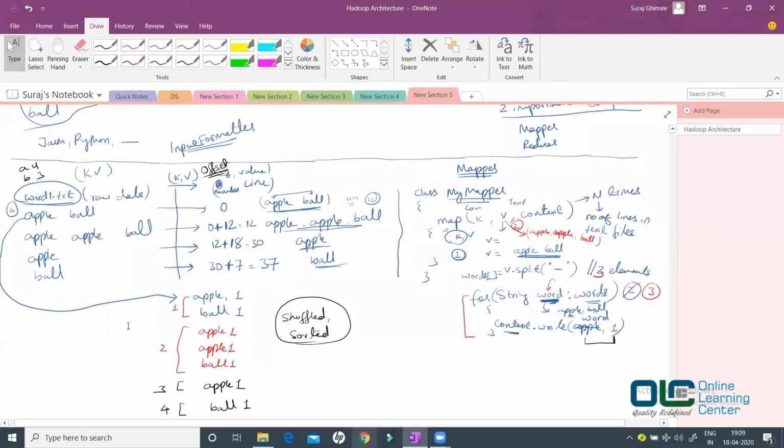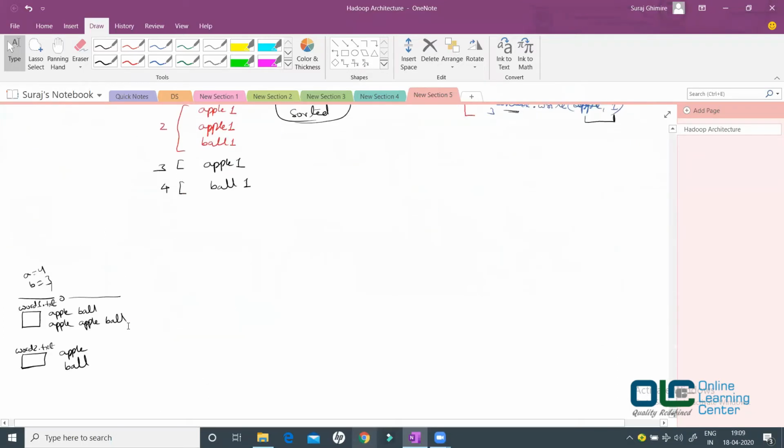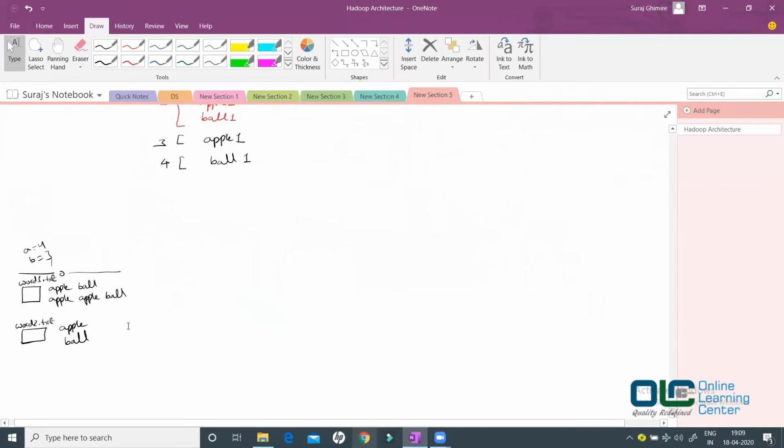Okay, now let us try to understand how this data will be processed if I have the data divided into two files. Since this data is divided into 2 files, let's assume this data is of size 1 KB, and this data is also of size 1 KB, or you can also say 100 MB. Anything is okay for me. Anything you can think of.